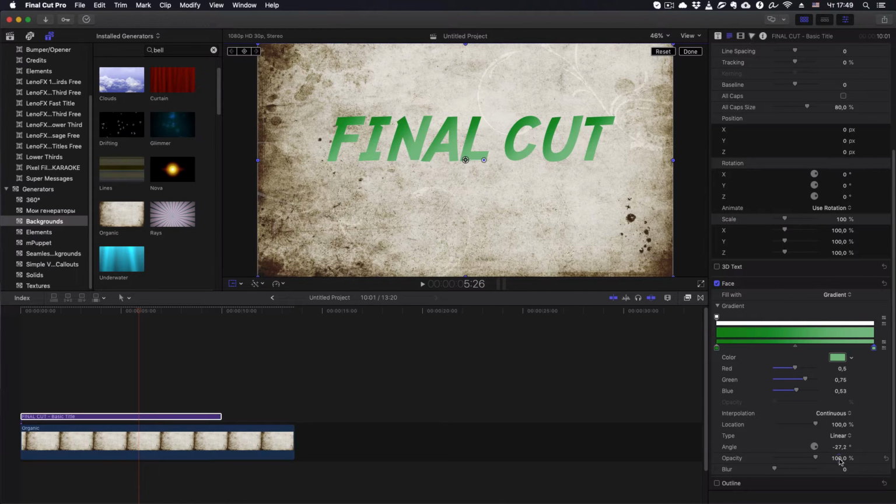If you want to have a gradient from opacity 100 to opacity 0, you have to click here and add another pencil. I move it to the right, and I click on it, and I change opacity,